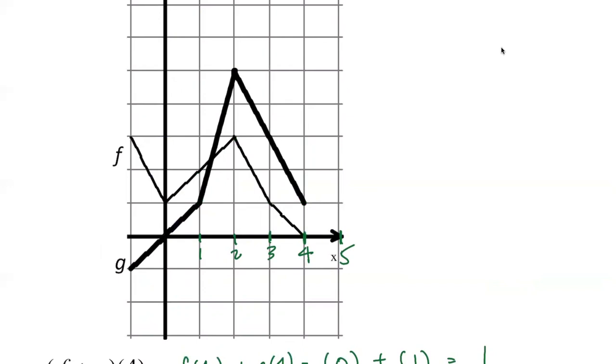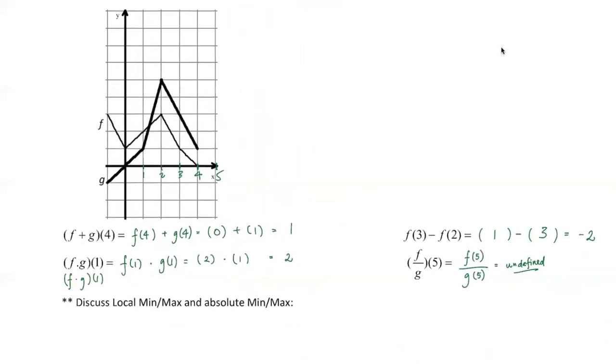Let's put our focus on f because you can see the ups and downs. Now, how do we define local minimum and local maximum? If you look at the word local, it means it's restricted to a certain area. So locally, that's a minimum. In order to be a local minimum,